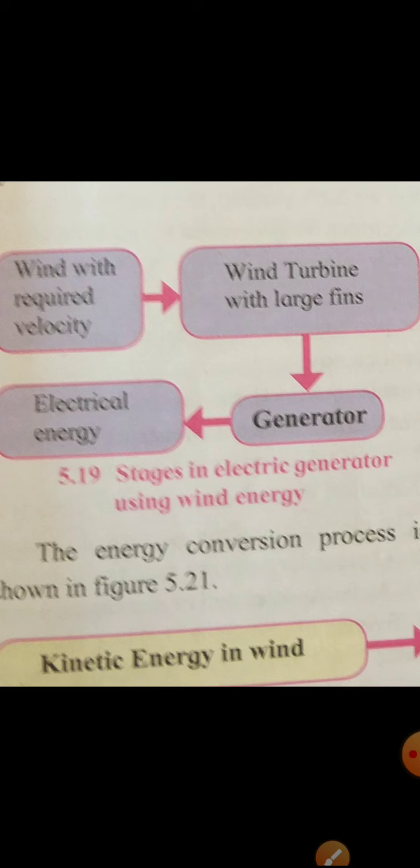Windmills are used specially. Wind has velocity, so it has kinetic energy. This velocity of wind is used to rotate the turbines of the wind turbine, which is connected to a large fan that creates a pressure difference due to the air. The axle of that wind turbine is connected to the gearbox, and it is finally connected to the generator, and the generator rotates. The coil inside the generator produces the electric energy.